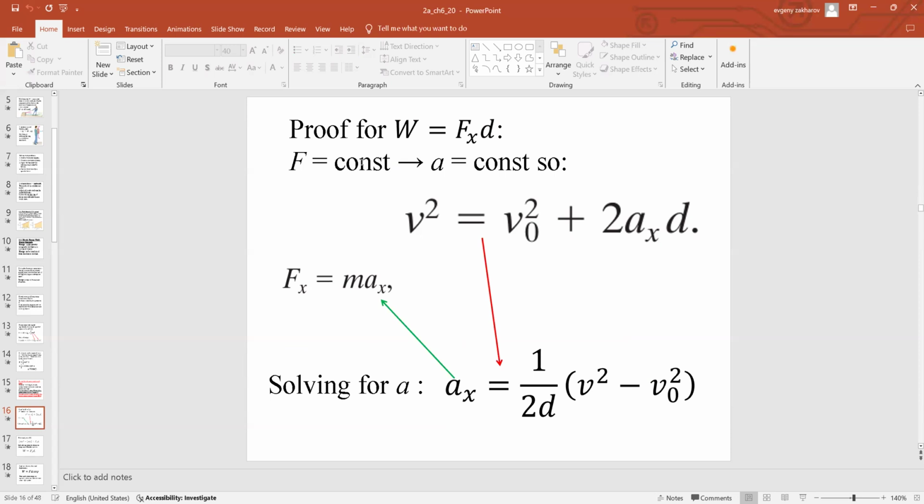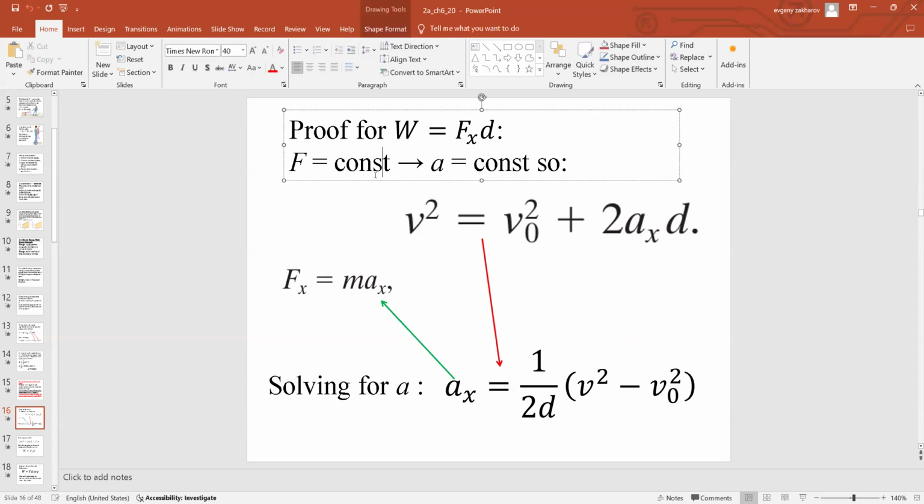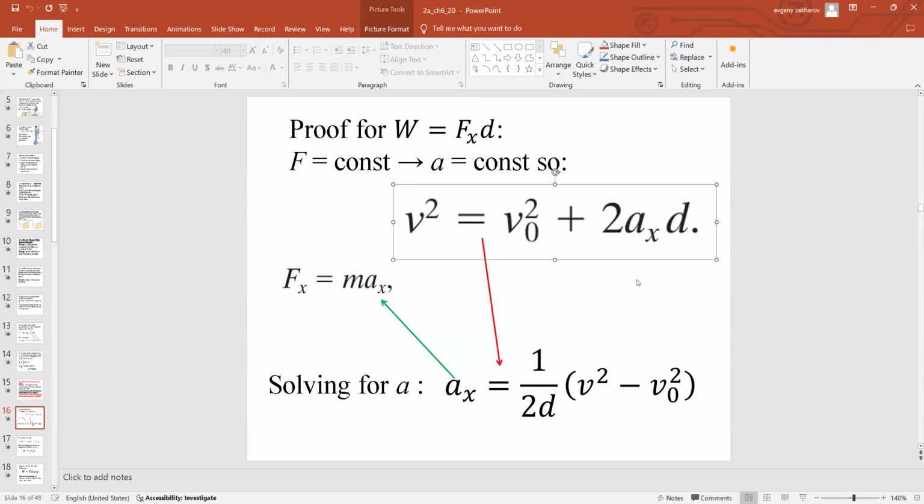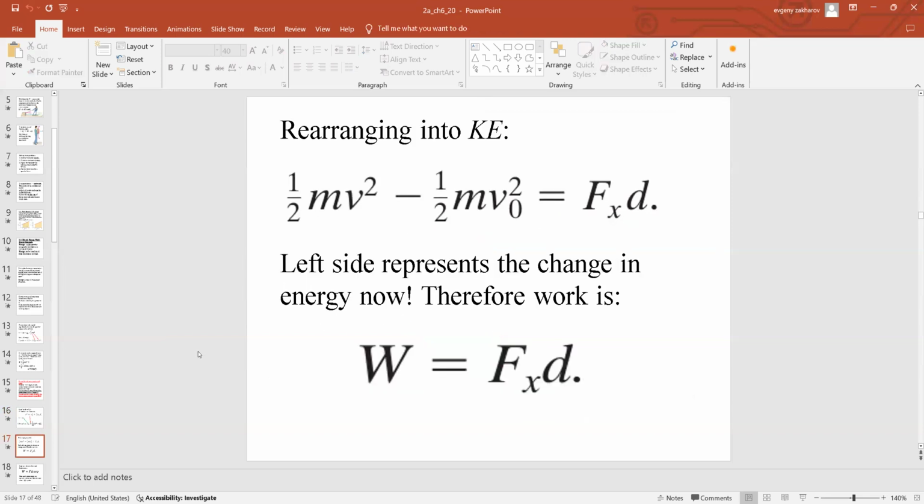On to a little analysis for why work is the force multiplied by displacement. Let's go with the simple case when the force is constant. And with constant force, you expect constant acceleration. So the kinematics equations apply. And if you solve the third kinematics equation for acceleration and plug it back into Newton's second law,